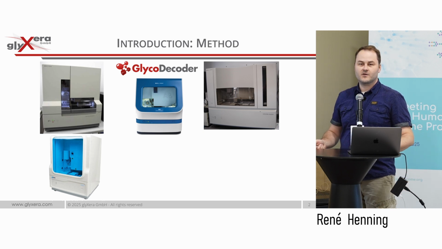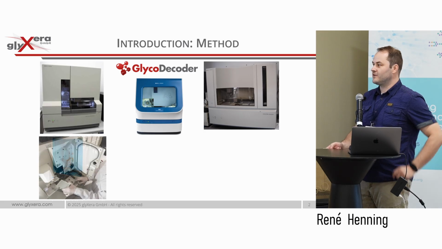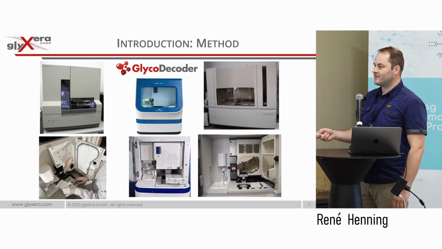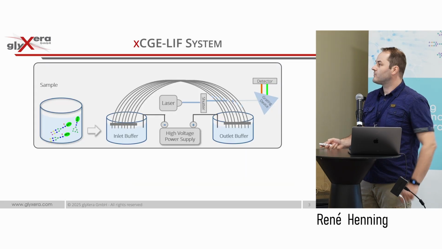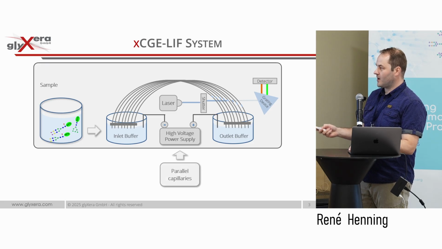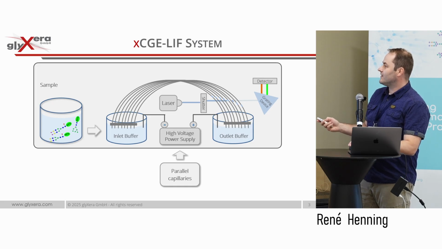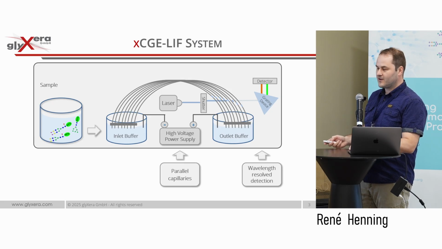So practically we are hijacking all kinds of instruments which are on the market. The important stuff is actually only what is inside. This is the capillary, like shown here or here. What we need is capillaries. The best is if they are in parallel, because then you can measure a lot of samples at the same time. We need a wavelength resolved detection for it, and this enables at the end a spectral calibration